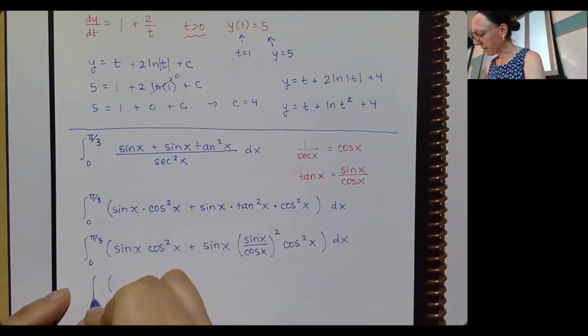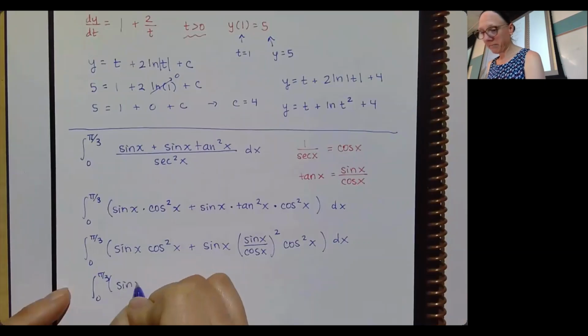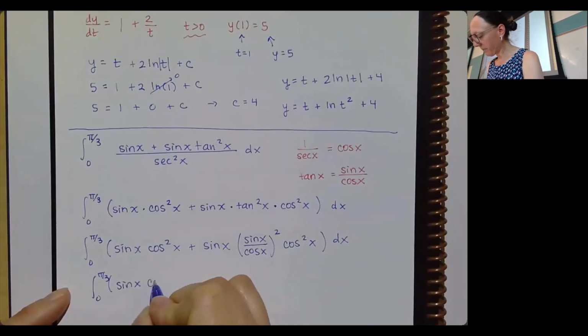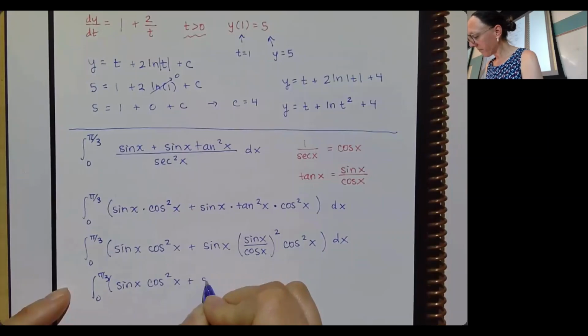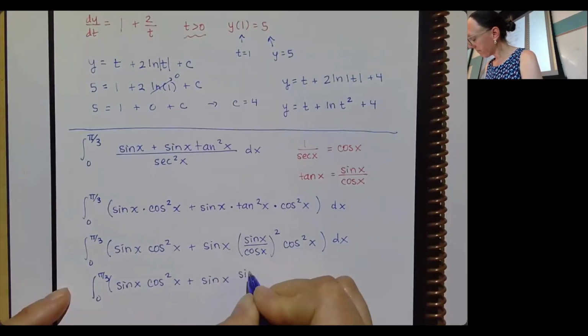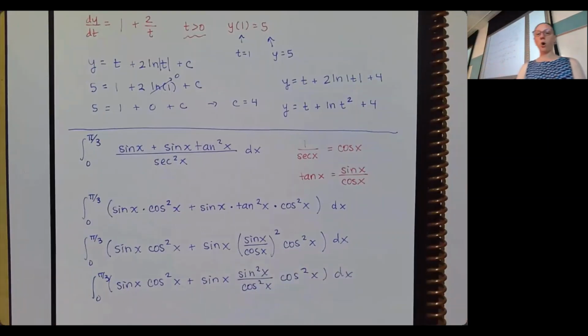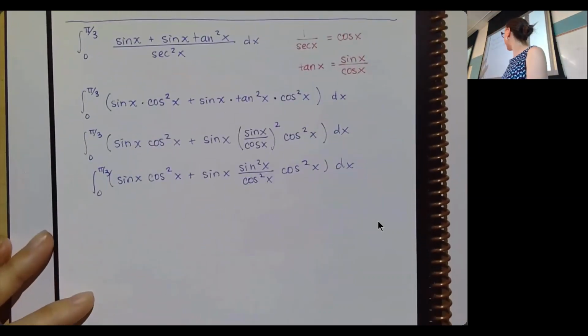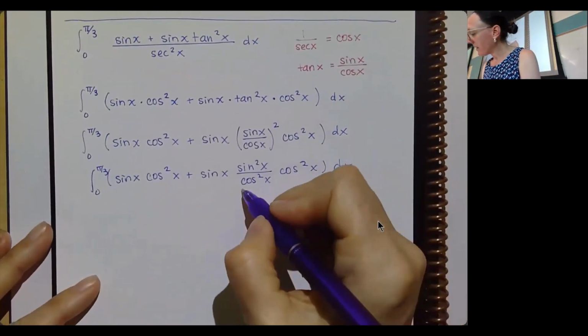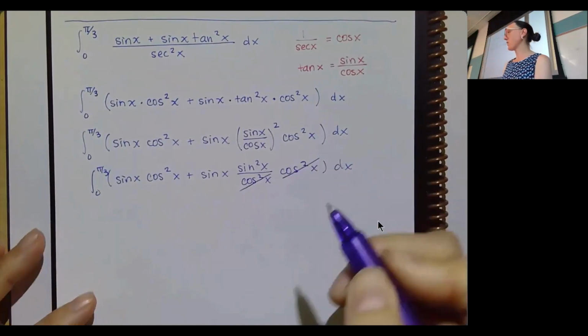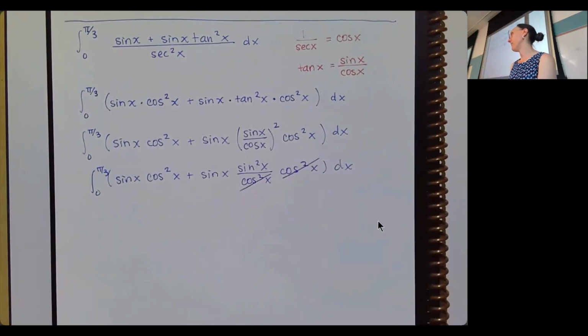Nice things are about to happen. Whole lot of work, but two nice things just showed up for us. The first nice thing that showed up is that cosine squared x cancels with that cosine squared x. The next nice thing that showed up for us,